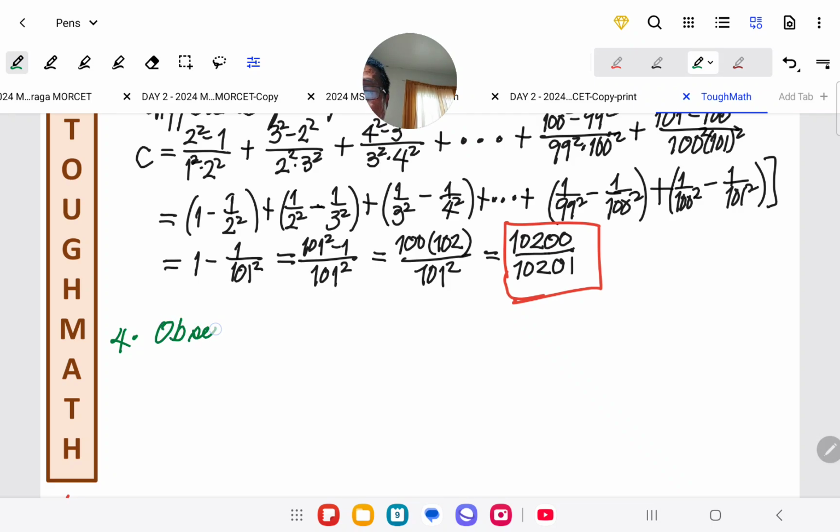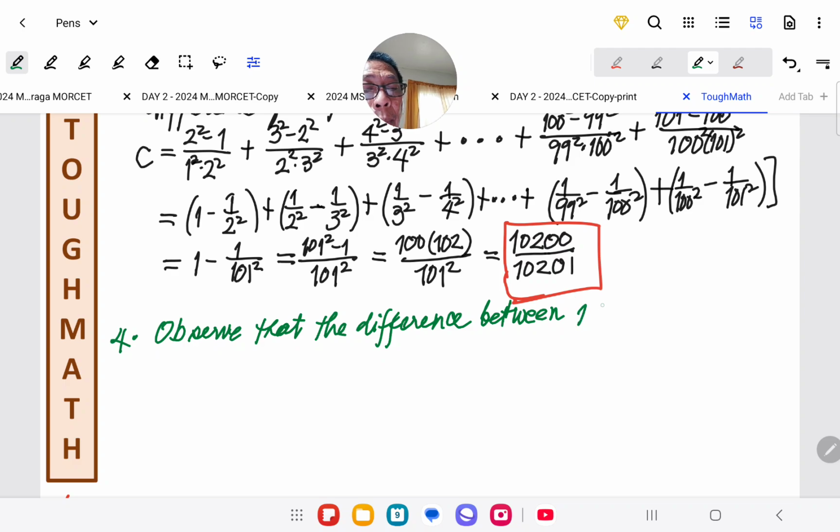Observe that the difference between 1 and 5 is 4. Between 5 and 13 is 8,